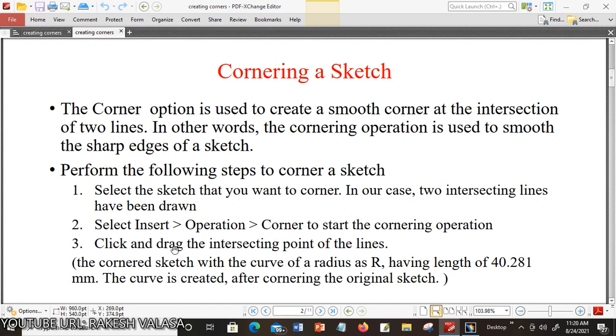Now click and drag the intersecting point of the lines. The corner sketch has a curve of radius r, depending upon our requirement, here in this case 40.281 mm. The curve is created after cornering the original sketch.